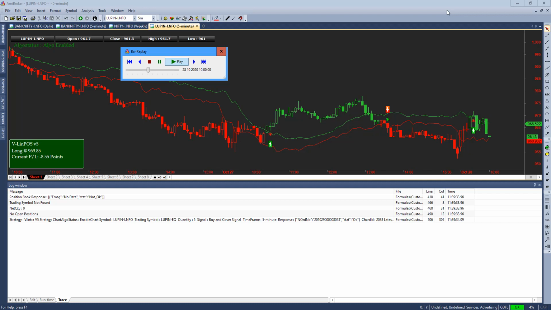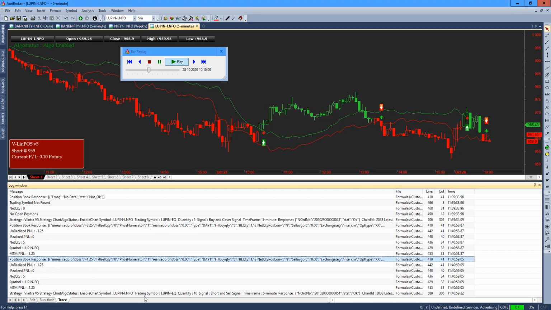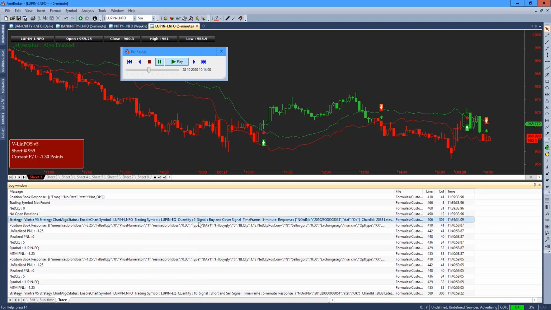So a sell signal is about to happen anytime now. Next bar, there could be a signal, I guess. Yeah, the signal happened. Now we can see that it is querying your position book response and it is issuing a quantity of 10. Let me pause again here. It doubled the quantity over here from the initially taken 5 quantity. Notice my cursor: quantity 5 it already took over here.